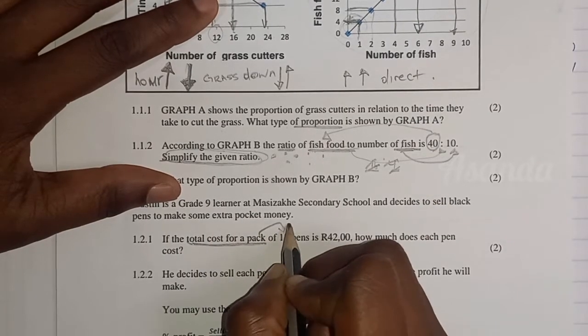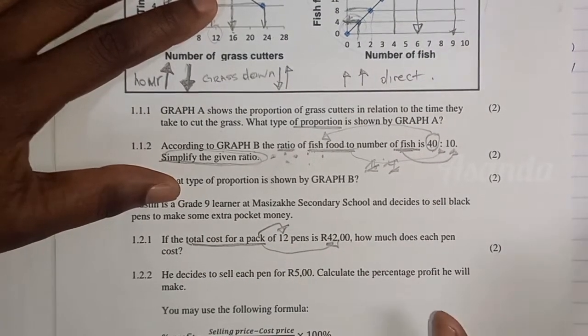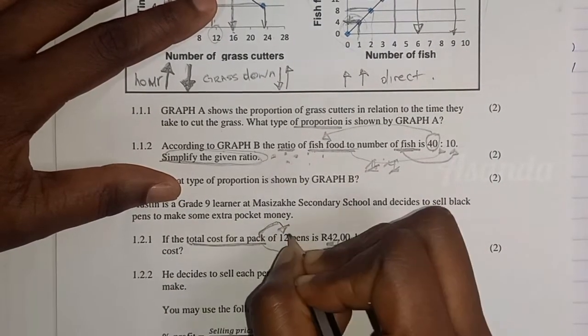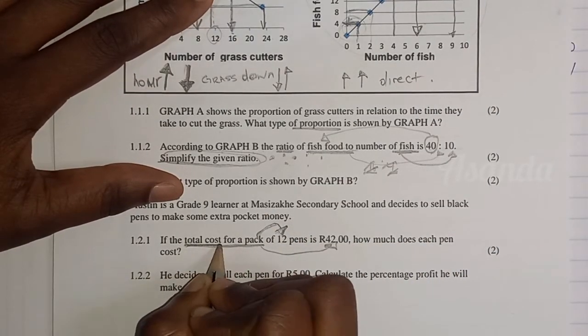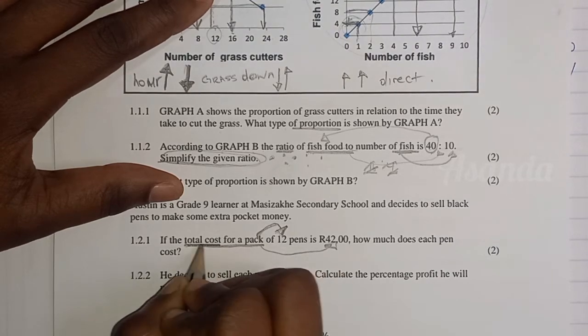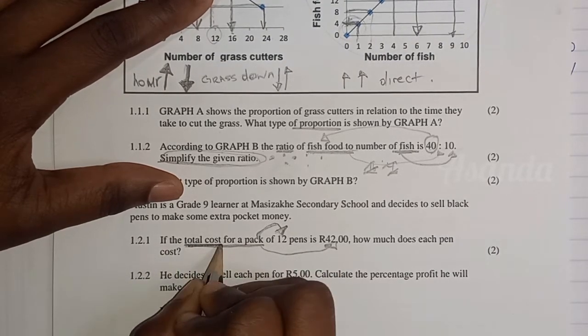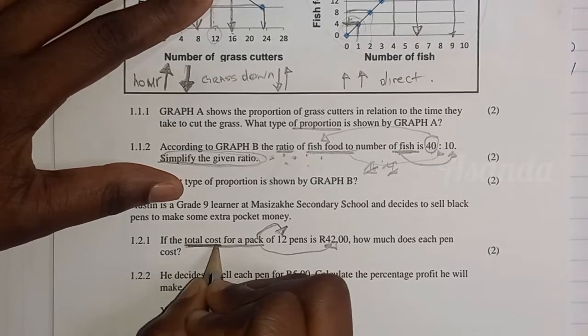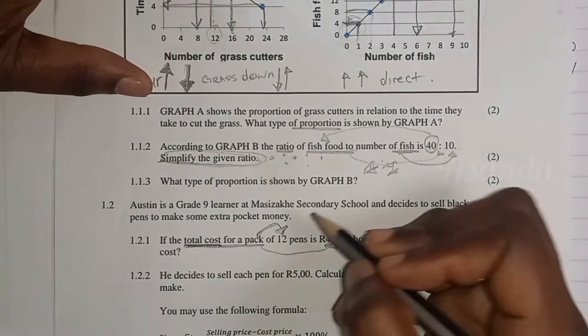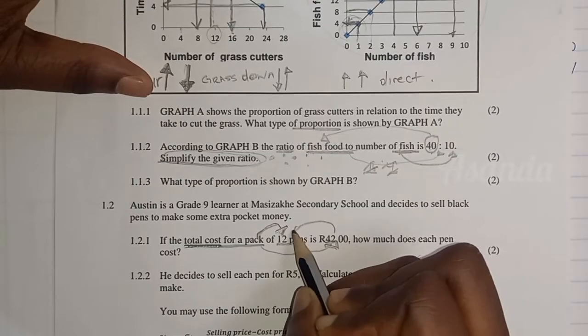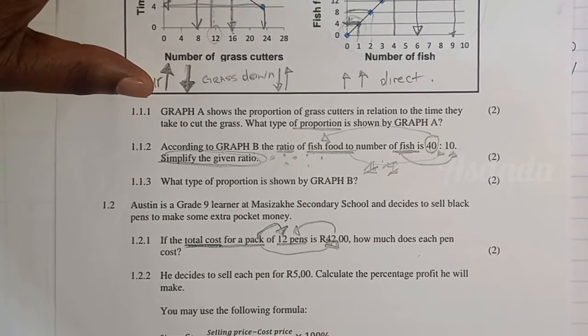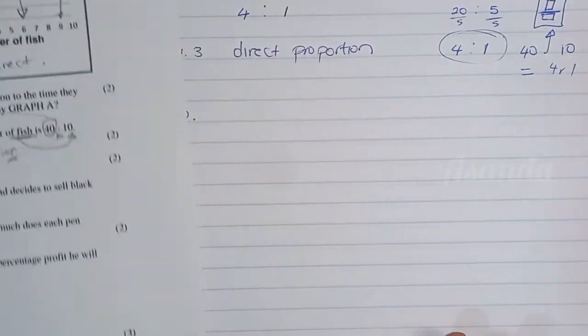So we have a total pack cost. And this pack has 12 pens. One pack is 42 rand. But now inside the pack, when we open it, we find 12 pens. Remember now, he's not selling them yet. It's the cost, right? So this is how much he's going to pay when he's ordering, what this is going to cost him at the wholesalers. Okay, so he's buying the pens at 42 rands, and there's 12 of them. So for 42 rands, you get 12 pens, right? So we want to know how much he paid for one pen. So we are going to divide the 42 rands